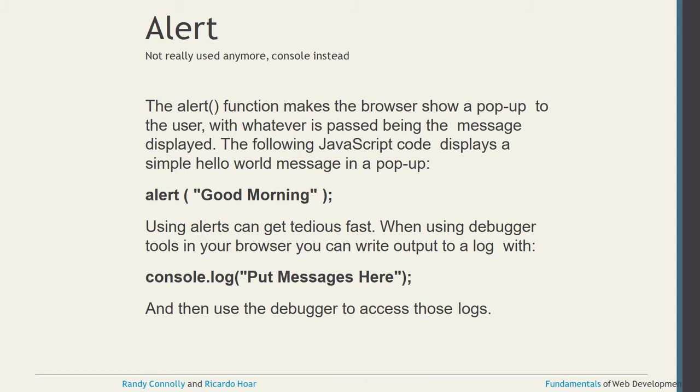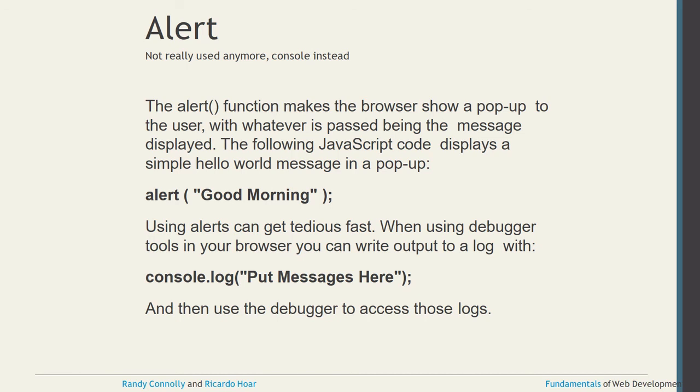So if you want to display the message, what is the syntax? Very simple: alert, all in small letters, then the parentheses, double quote, and then you can write good morning, good evening, welcome to the CSC, whatever statement you want, then close the double quote, close the parenthesis, and put the semicolon. This is the syntax to display the alert message. And an alert message in JavaScript means displaying a pop-up window, a pop-up message only, right?